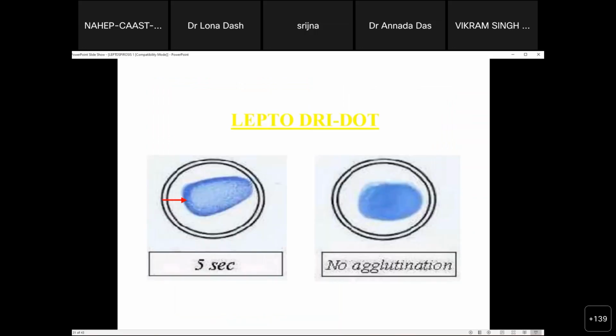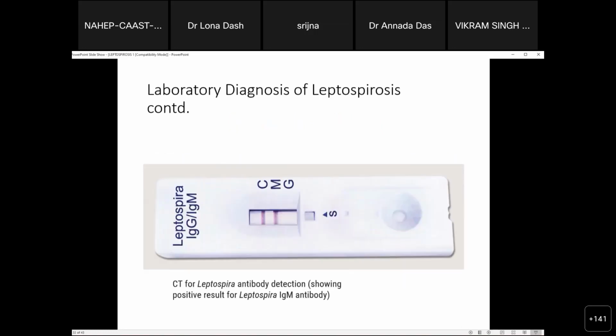What is done in the routine laboratory is the detection of antibodies and looking for agglutination in the patient's serum sample through different tests like the leptospira MAT test, which was a very good test which was available during the earlier epidemics. However, it is no longer being used by the company. The other tests which are currently being done is the leptospira